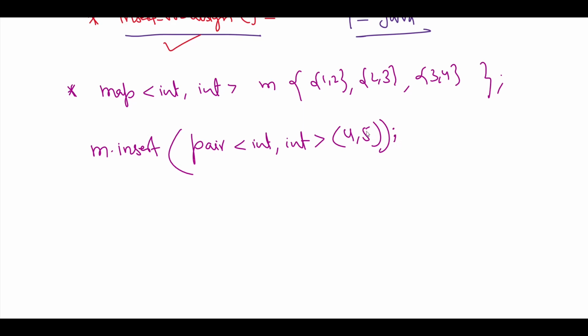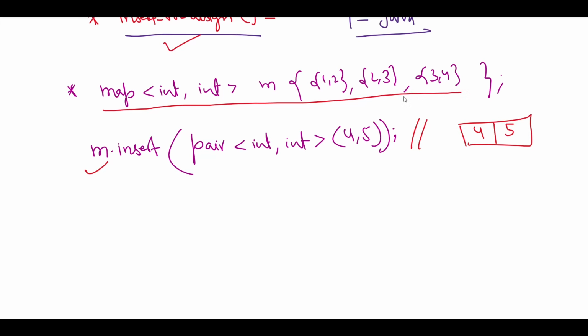So this line is going to insert a key value pair having key as 4 and value as 5 in the map M that we declared here. Clear? You can also insert the values in this map in another way, like using this function insert, but now